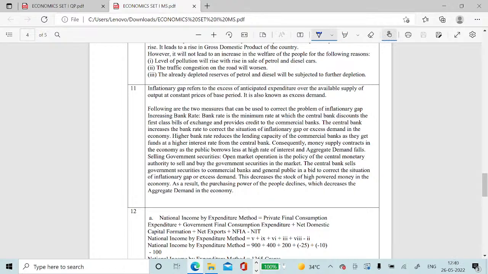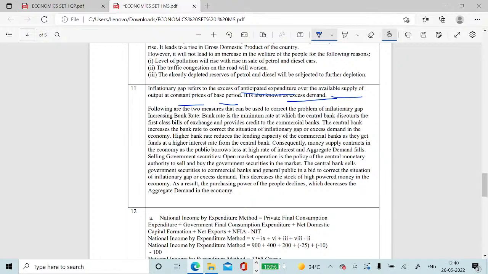Answer 11th. Inflationary gap refers to the excess of anticipated expenditure over the available supply of output at constant prices of base period. It is known as excess demand. Following are the two measures that can be used to correct the problem of inflationary gap: increasing bank rate. Bank rate is the maximum rate at which the central bank discounts first class bills of exchange and provides credit